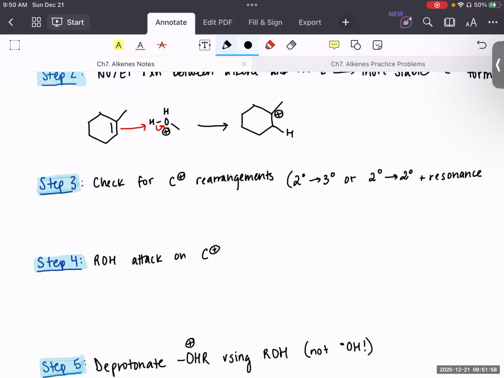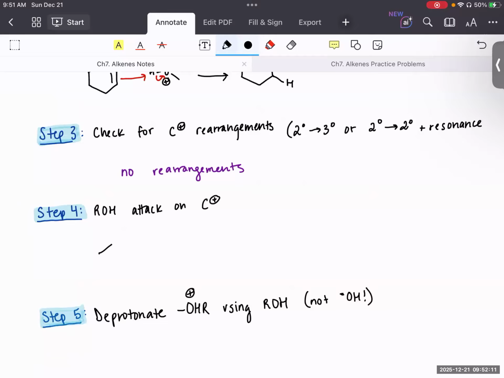Next, we want to check for rearrangements. And since we're working with the exact same starting molecule, we're not going to get any rearrangement, similar to that first question that we did. Next, same as before, instead of the water, we now have that ROH group attacking that carbocation. And so now we have